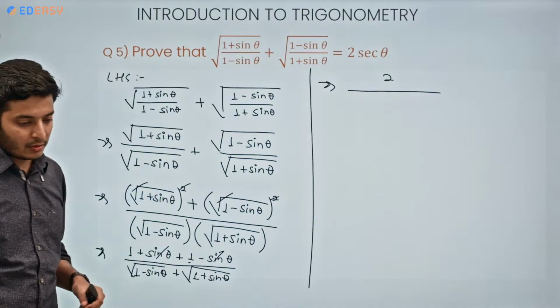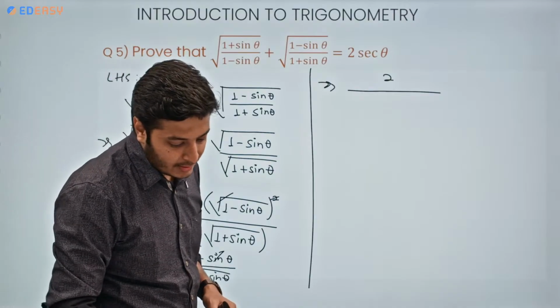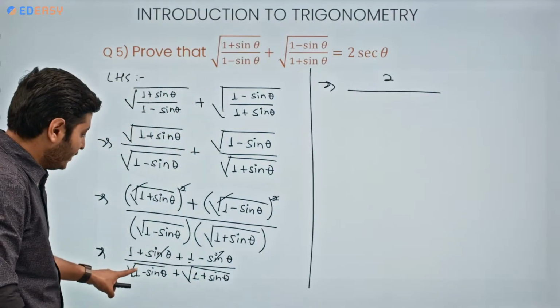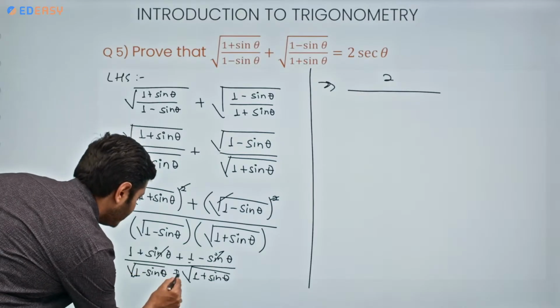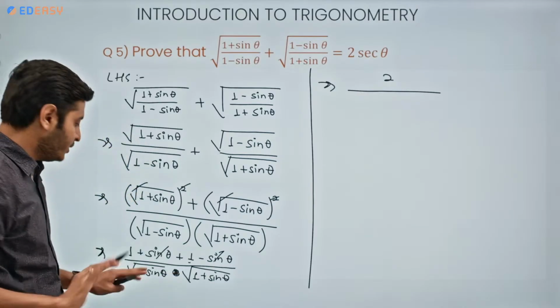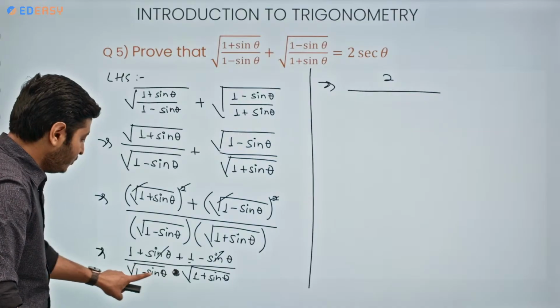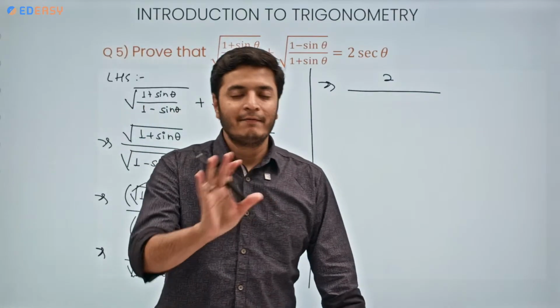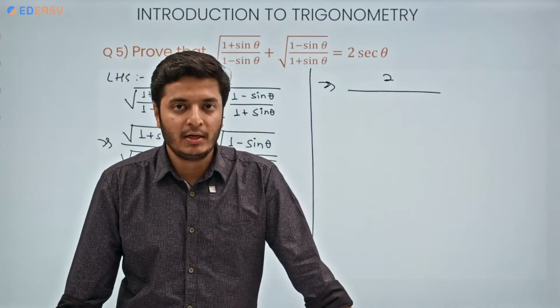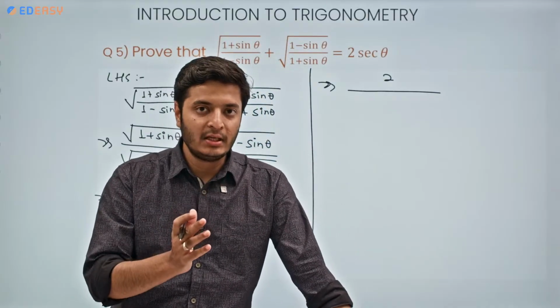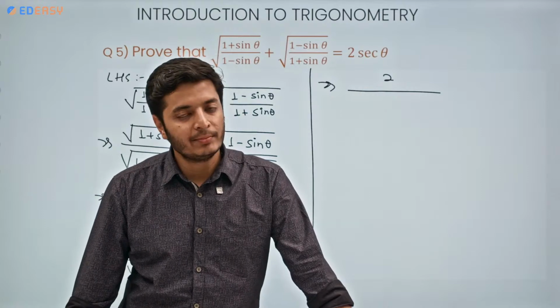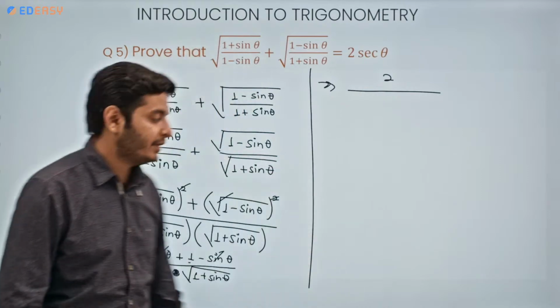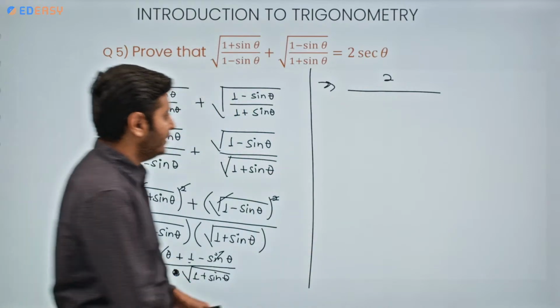In the denominator, what are we having? Under root, we can take... why am I writing plus here? There is no plus sign here. Under root 1 minus sine theta into under root 1 plus sine theta, when they are multiplied it will become under root a plus b into a minus b. So it means under root a square minus b square. So this value will become